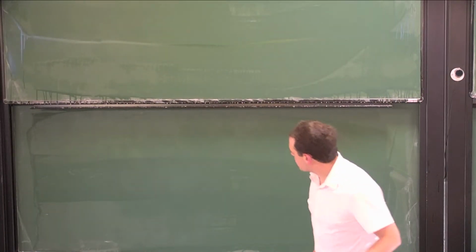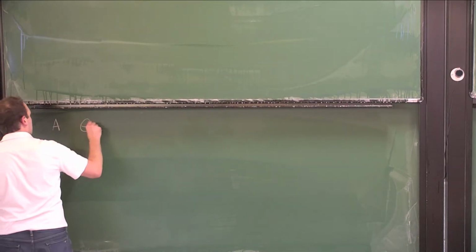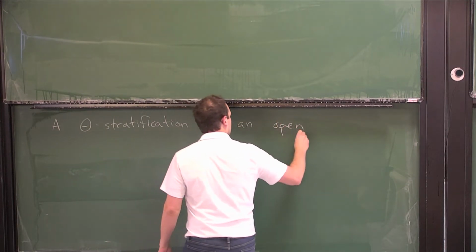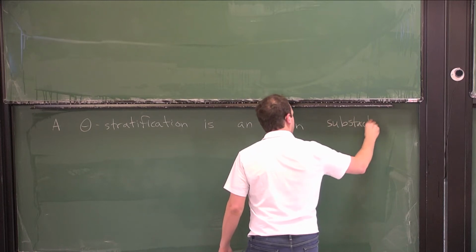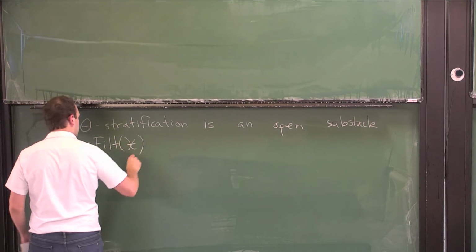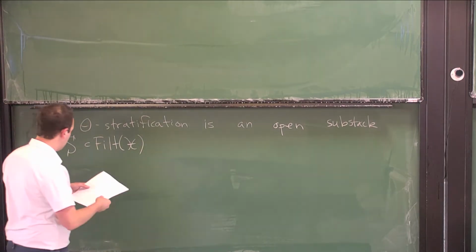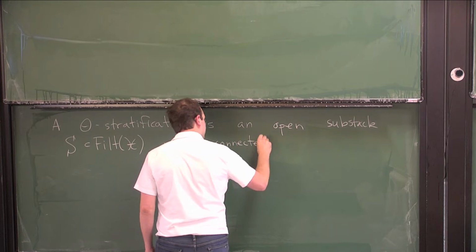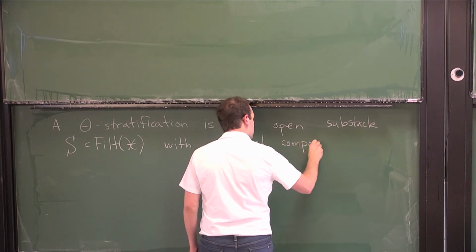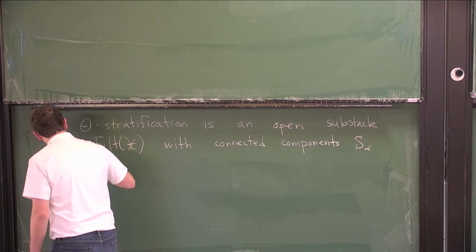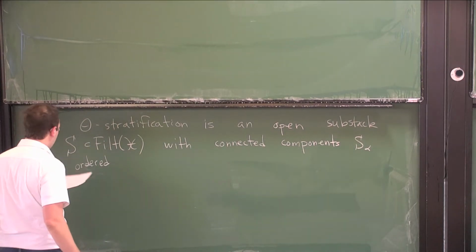So basically, the theta stratification is just an open substack S inside of this stack of filtrations X, with connected components S alpha, ordered in such a way that